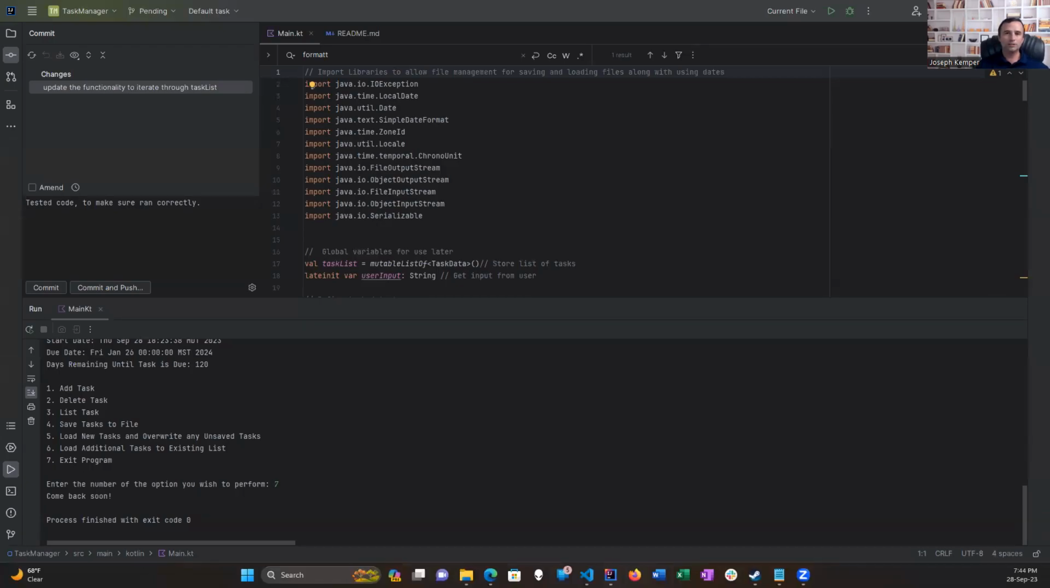Hello, friends. My name's Joseph Kemper, and I'm here demonstrating my Kotlin Console app that is meant to be a task manager. It's kind of simple right now, but it works. And so just to show its functionality,